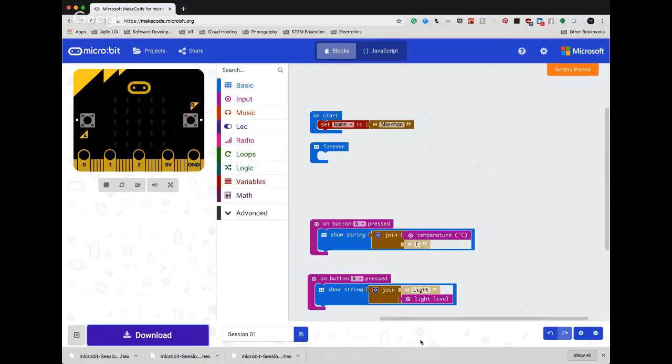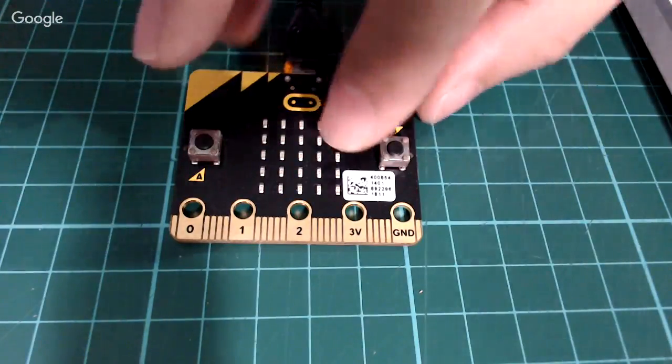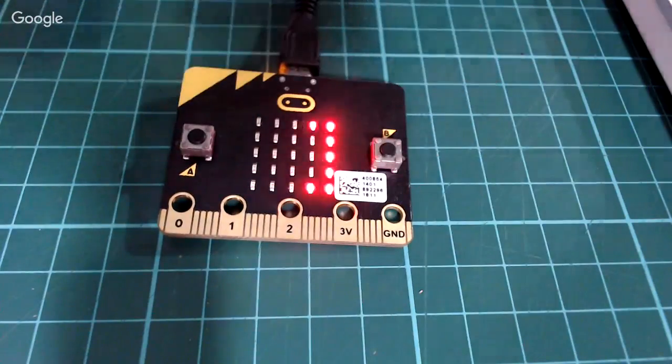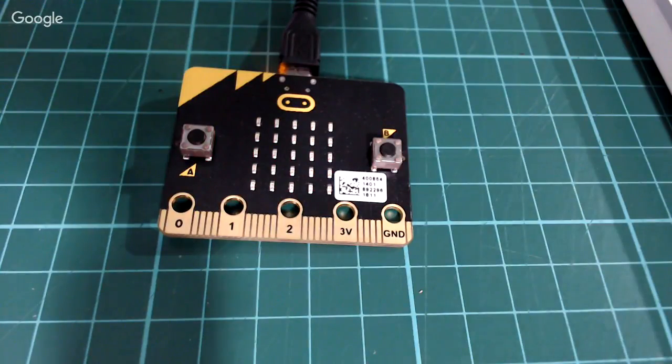Okay, so if we were to look at the microbit board now, if I press button B, the 255 meaning, okay, so what does the 255 really mean? All right, so in terms of the number of values that it can read to measure the brightness, 0 means